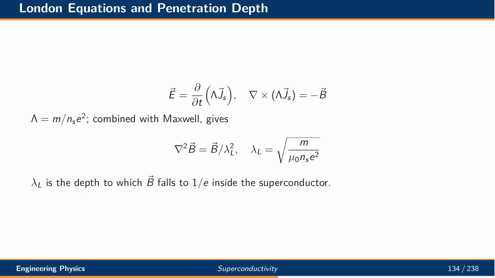London equations describe the electrodynamics of superconductors. Combined with Maxwell's equations, they predict that magnetic fields decay exponentially inside a superconductor. The characteristic length scale is called the London penetration depth, and it depends on the density of superconducting carriers. This sets the depth to which a magnetic field penetrates before falling to 1 over e of its surface value, and it is a key parameter in